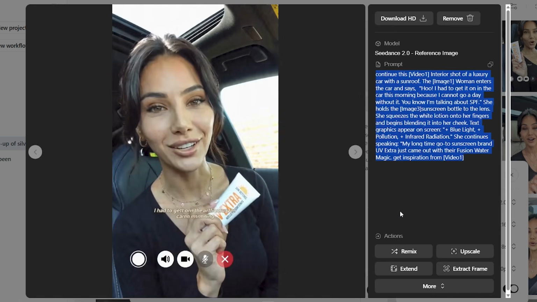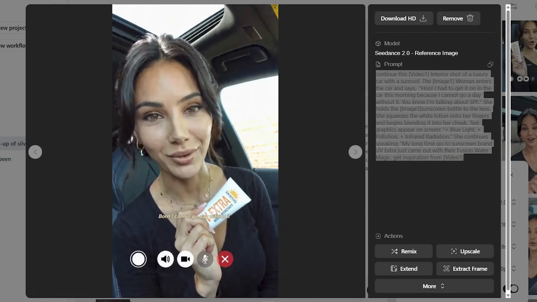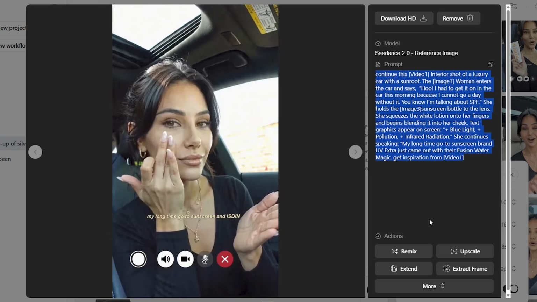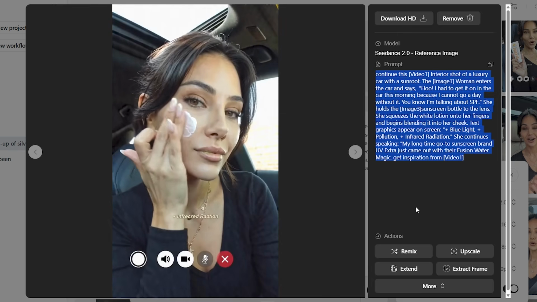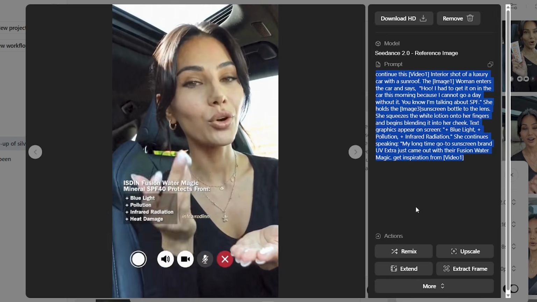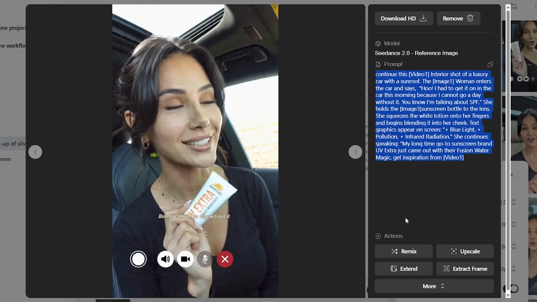I had to get it on in the car this morning because I cannot go a day without it. You know I'm talking about SPF. My longtime go-to sunscreen brand Seedance just came out with their Fusion Water Magic. It's SPF 40 and protects the skin from pollution, blue light,